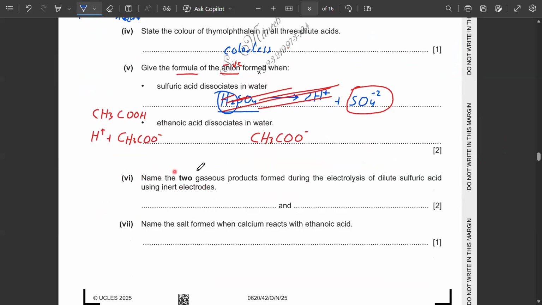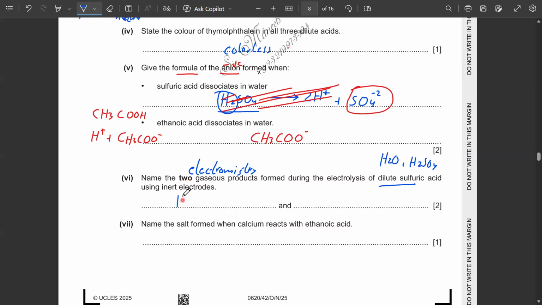Part 6 says, name the 2 gaseous products formed during the electrolysis of dilute sulfuric acid using inert electrodes. This was basically the topic of electrochemistry, which we already covered in our previous session of 4 chapters. But even then, let's remember that dilute sulfuric acid will have water and sulfuric acid. So in both cases, H2SO4 and H2O both have the hydrogen ions present. So that's why the